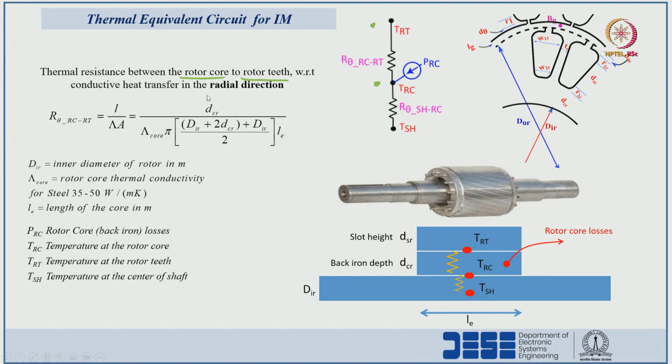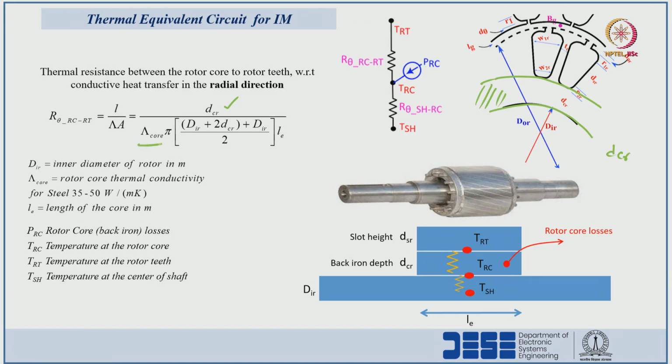First, we have to see the thickness of the core material. This is this area, this region. This is the back iron portion, right? From this point to this point is the back iron portion, that green colored area. So the thickness with respect to the back iron is dCr, equivalent to L, divided by